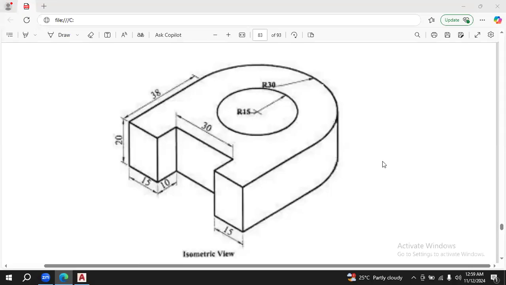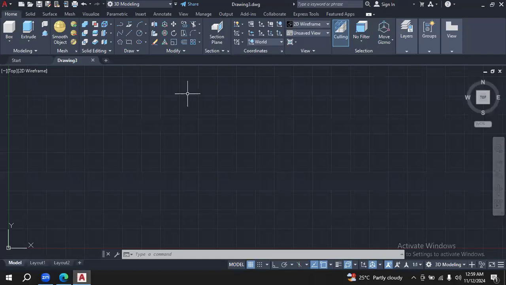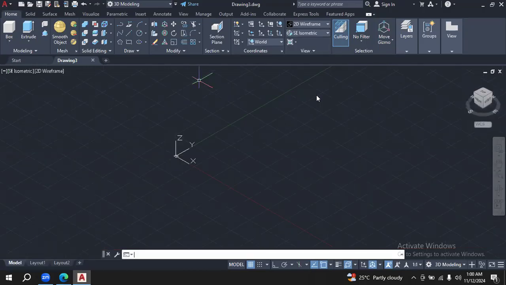Welcome to AutoCAD 3D modeling. For this model, you can see circle command and arc commands are also applicable. So let's begin with the model. In 3D modeling workbench, like always, try to select SE isometric view